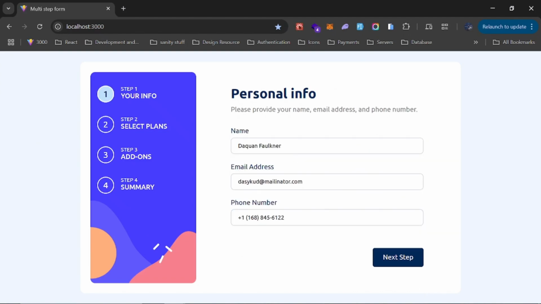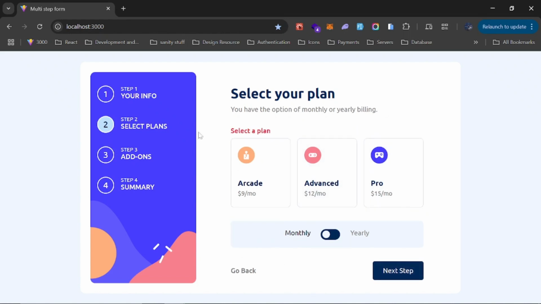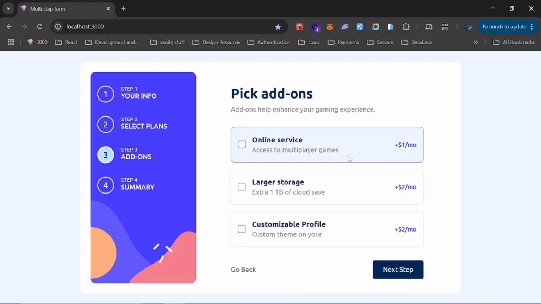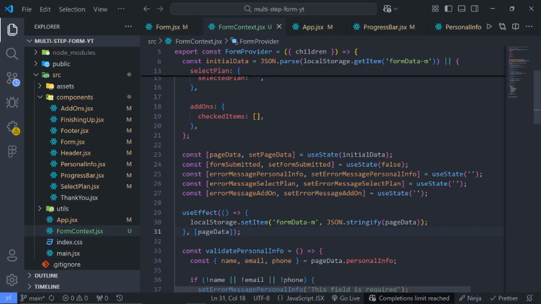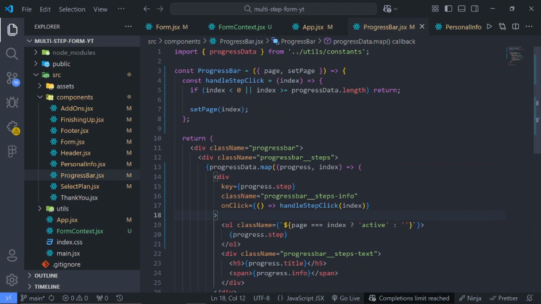So finally, what we want to do is to fix this from not moving when we are not done with a particular step. So if I click on this now, you can see that on the next step we're having an error, but if I go to this third step, it jumps right there, which doesn't actually make sense. So we need these two to work hand in hand. So in order to do that, we'll go to the progress bar, and inside this handle step,